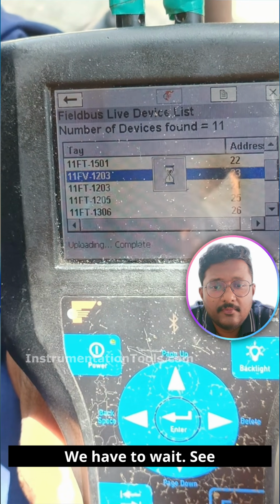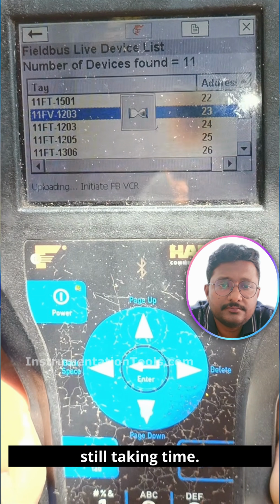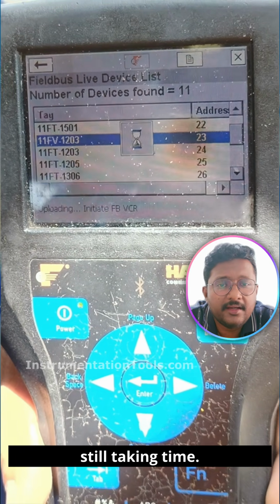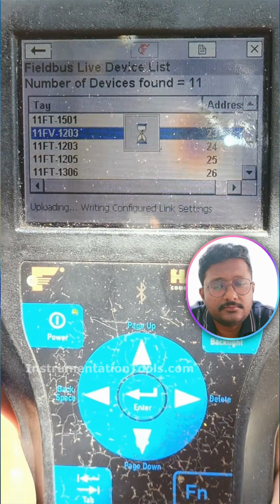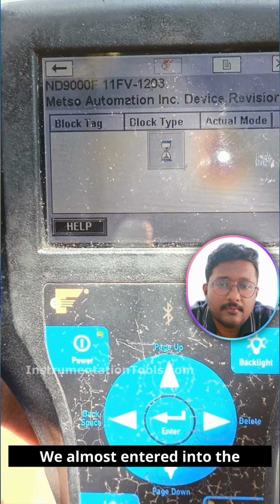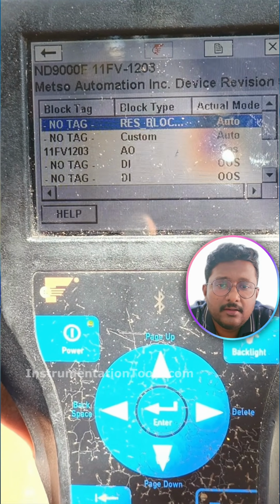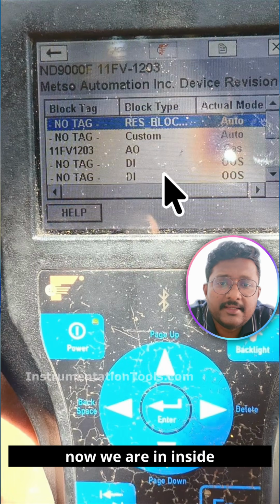Okay, we have to wait. See, still taking time. We almost entered into the configuration settings. See, now we are inside the